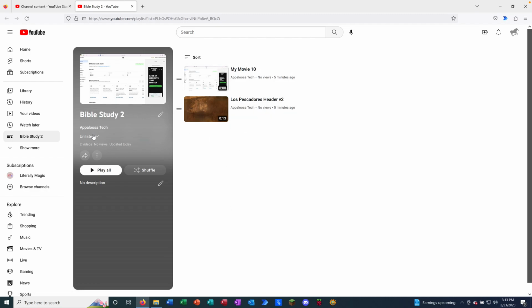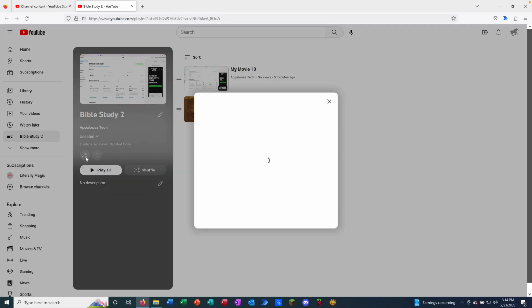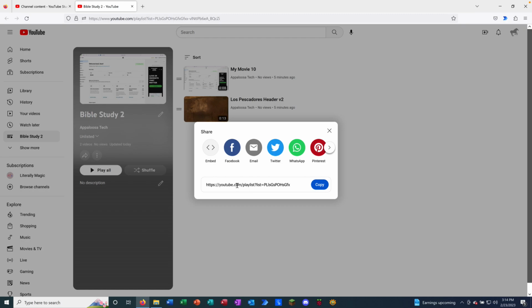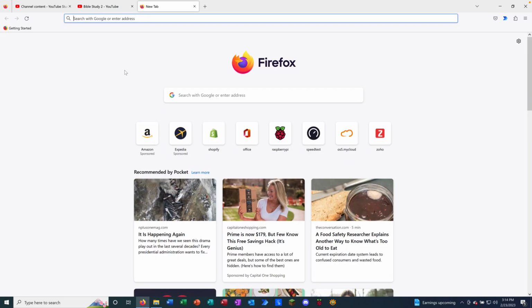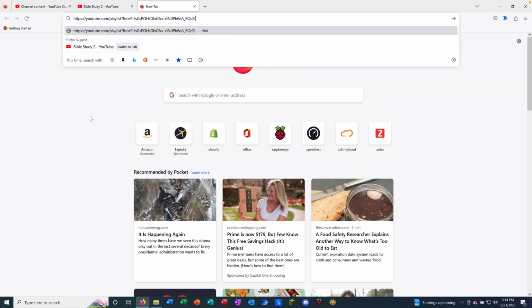We can rename it and change the visibility and everything, give it a description. But what we really want to do is click the share icon. It's a little arrow. We'll click share, and then it gives us a link, and we'll click copy link. And then it's copied to the clipboard. So then what we can do is just paste that into an email to members, or we can paste it into a post on the church page,